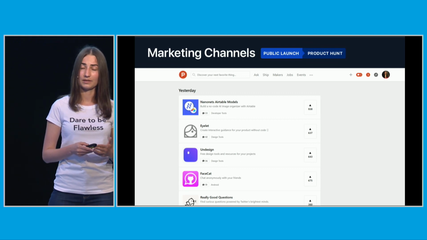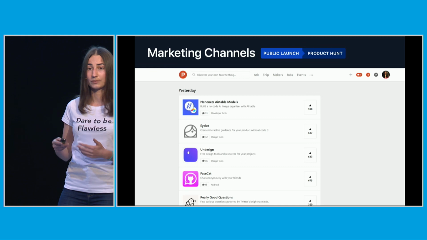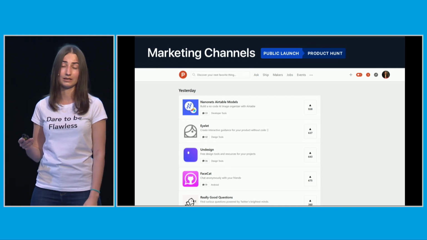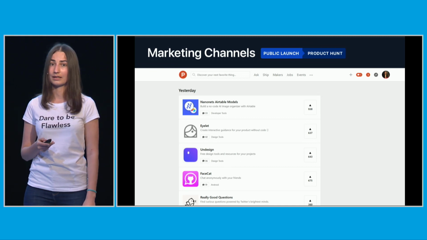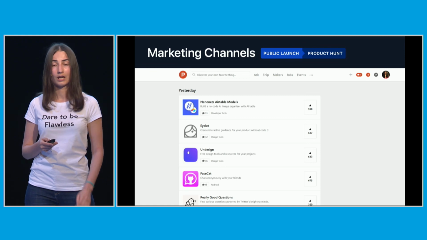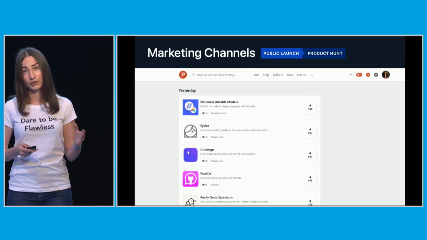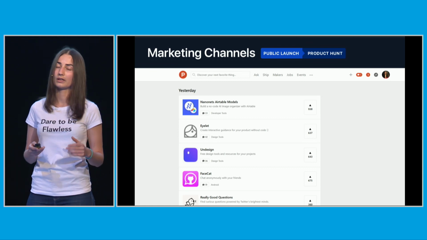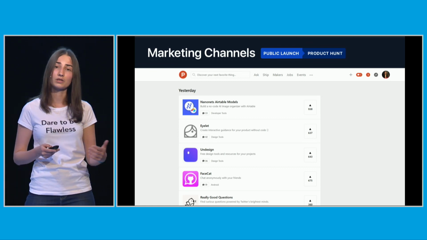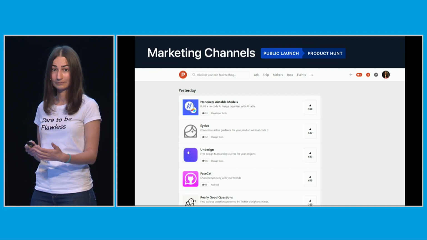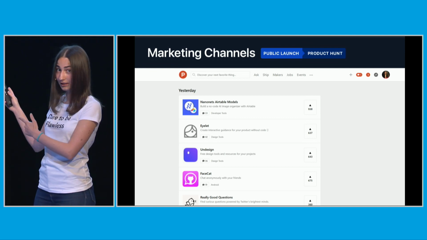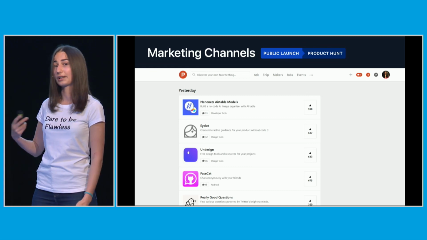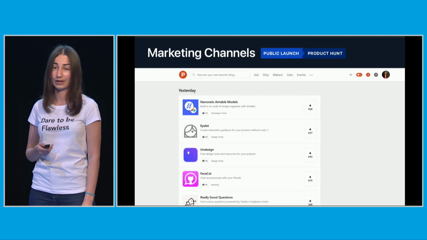Every day, people submit their apps, tools, books, podcasts, and they participate in a daily race. It starts at midnight Pacific time. And if you submit your app, you have only 24 hours to get to the homepage. So you need to get as many upvotes, comments, and as much traction as possible. And if you get there, you'll get the attention of users, the attention of press, and a lot of traffic to your app or your tool.